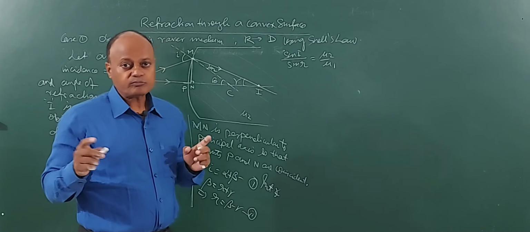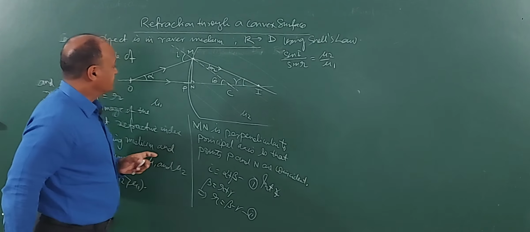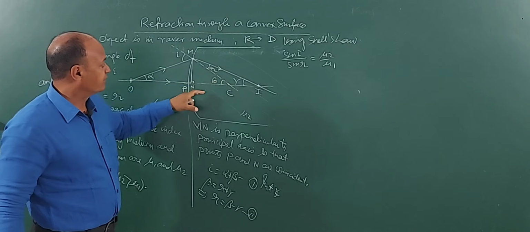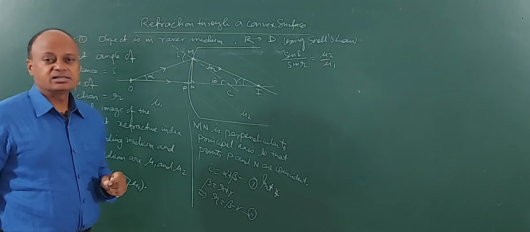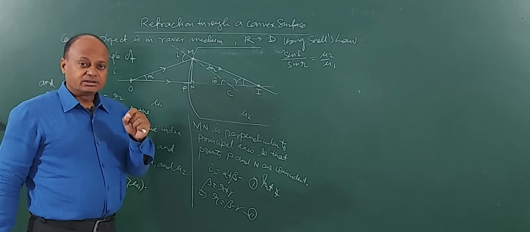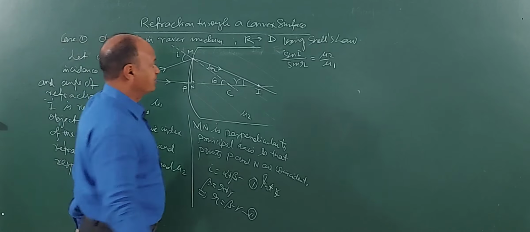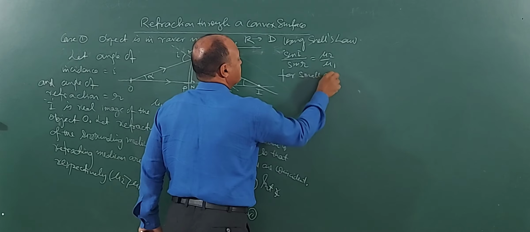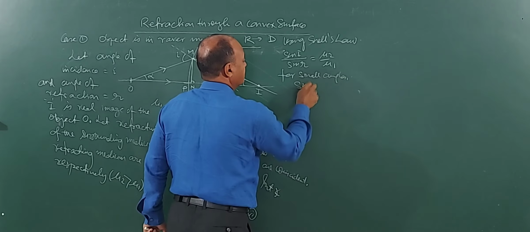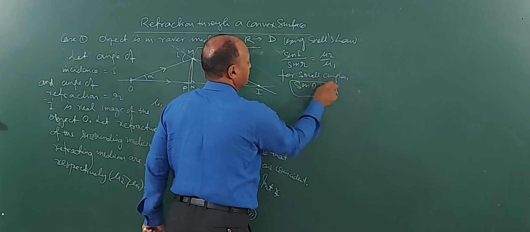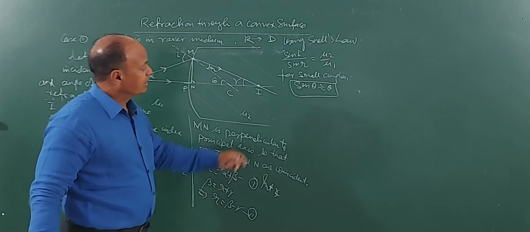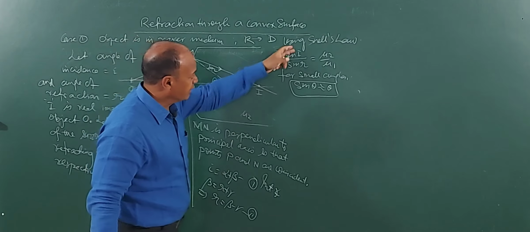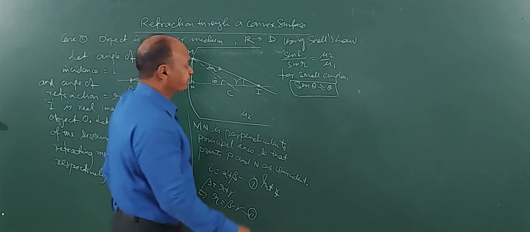And again, you know, from trigonometry, this angle I will not be very large. Angle I is very small. Angle R is also very small. For small angles that you measure in radian, sin theta is nearly equal to theta. So I will be saying, for small angles, sin theta is nearly equal to theta. Keep this approximation in mind. Then sin I can be written as I and sin R can be written as R. Remember, I and R will be taken in this case in radians, not in degrees.